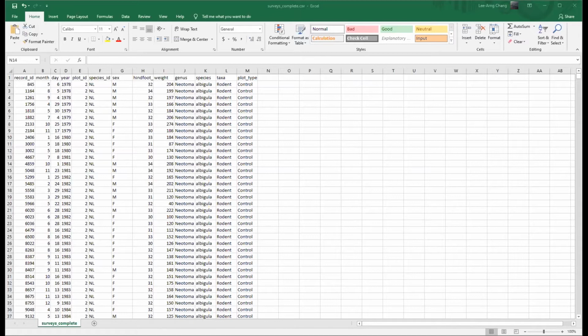Sometimes I've noticed that even though we installed tidyverse before, you might have to do it again. I'm not exactly sure why this issue sometimes crops up, but if for some reason you can't execute this read CSV function, try installing tidyverse again, running these two lines of code, and then doing this read CSV.